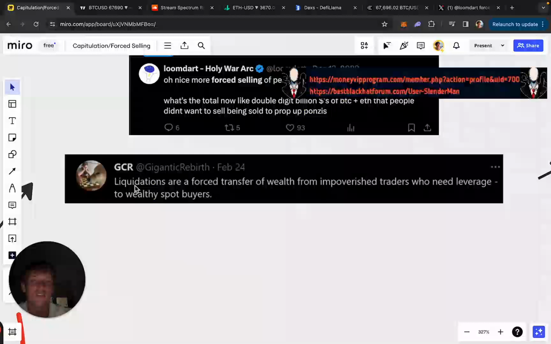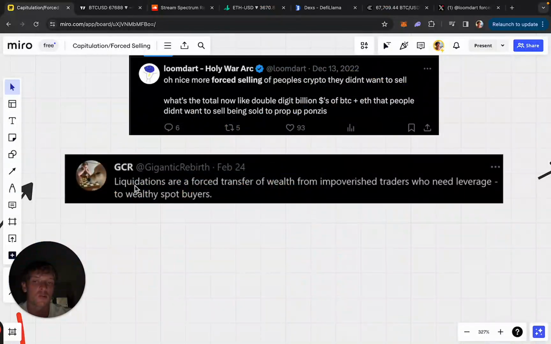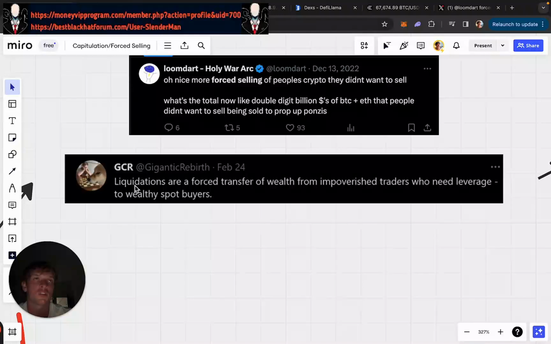So when traders get liquidated, traders represent people who have a short-term time preference. So their impact on the market is very short-term. When you have $1 billion of short liquidations, it's $1 billion of the trading pool of capital that is being sold. The trading pool of capital is just being traded daily between different groups of people. It's not actually increasing or decreasing the amount of coins on an exchange, right?